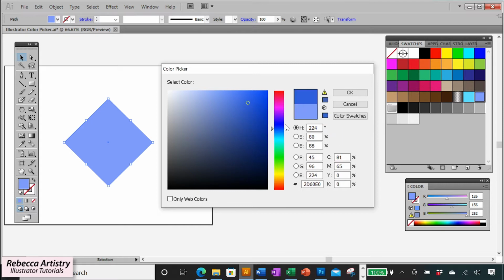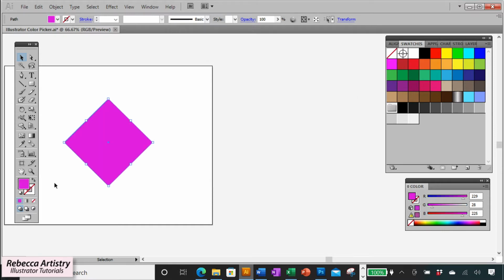And then what you can see here is that you have a colorful slider. So this allows you to change the actual color. So if you slide this up, you can get more into purples and fuchsia and red. And if you slide it down, you're going into your aquas and greens, yellows and oranges and back to red. So you can use this slider as well to pick out some new colors. So let's say that I like this color here. If I'm happy with this color, I'm going to click OK. And my object turns into the color that I picked.